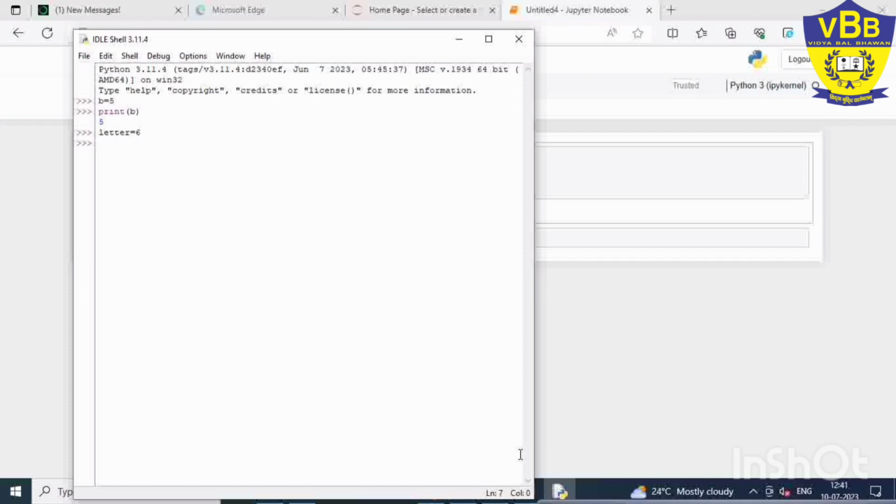So it is also created. Now you can see what kind of variable letter is. You can use the function type, and inside the brackets type the variable name letter, and it will display the data type of this variable.